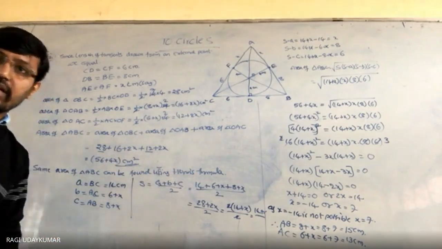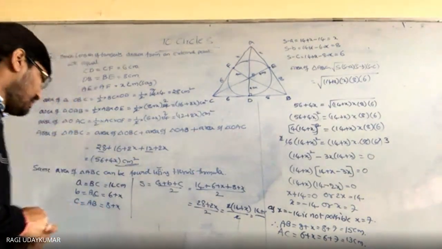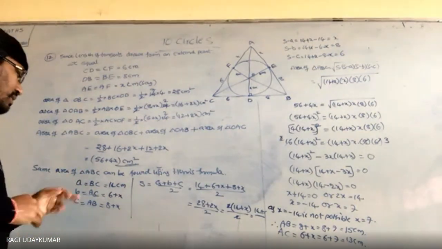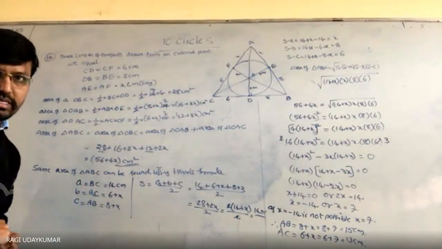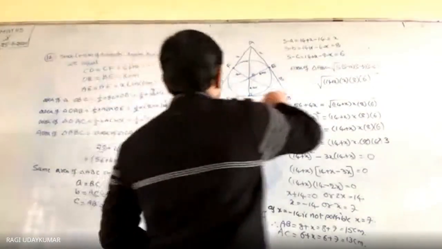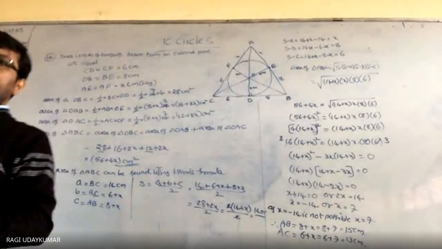Now the same area can be found out using Heron's formula. To find it out using Heron's formula, you need a, b, c values. A is equal to 14 plus 14 centimeters here, and B is equal to this point. Please note down. Most of the students, if you take any one side as a, you will get the answer.